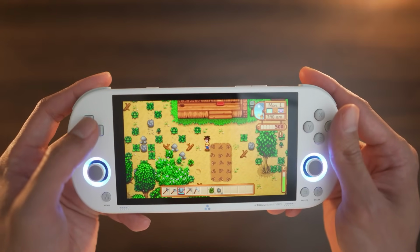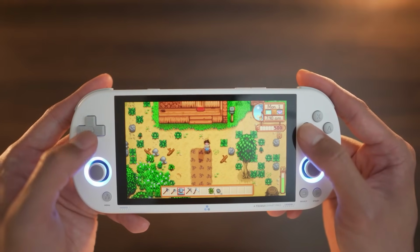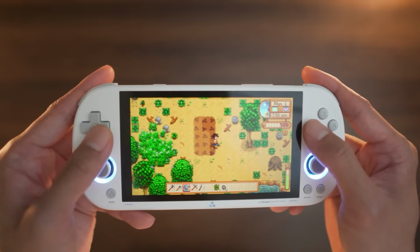In the future, I can create an updated video focusing on modding the device and emulating games outside just the retro scene. So if you're interested in that, definitely let me know because you can even play games like Stardew